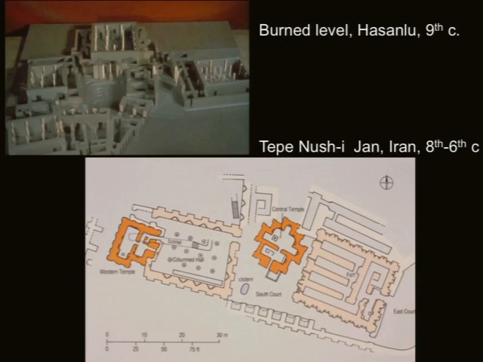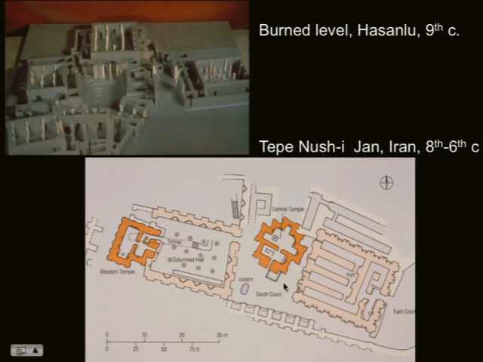We looked at the burn strata at Hassanlu. And when we compare it to Tepe Nushijan, these two complexes are very, very similar. In the case of Tepe Nushijan, it appears that what we're dealing with is a religious center of the Medes, perhaps linked to fire worship, as there was a tremendous amount of burned material surrounding the central temple. It's thought that maybe fire was part of their rituals, or fire was worshipped, similar to later Zoroastrians. This central temple has a stepped plan with an altar in the center. So you can see it's a very specific and unique structure.